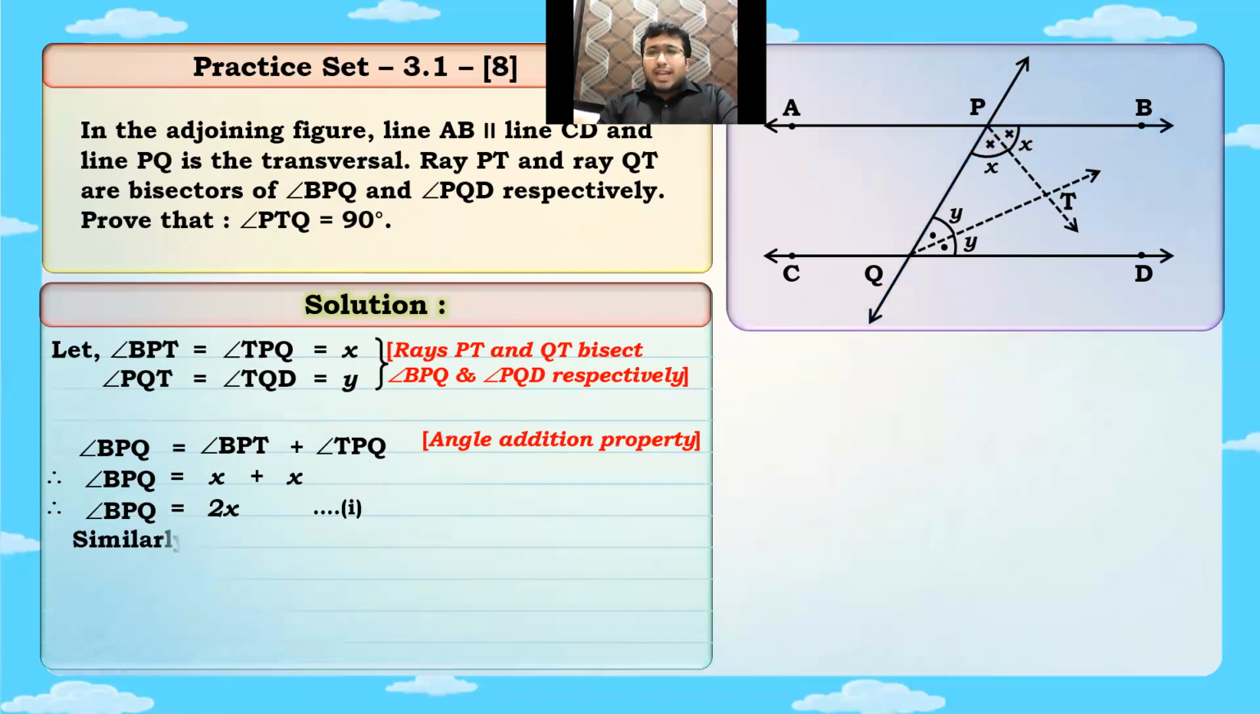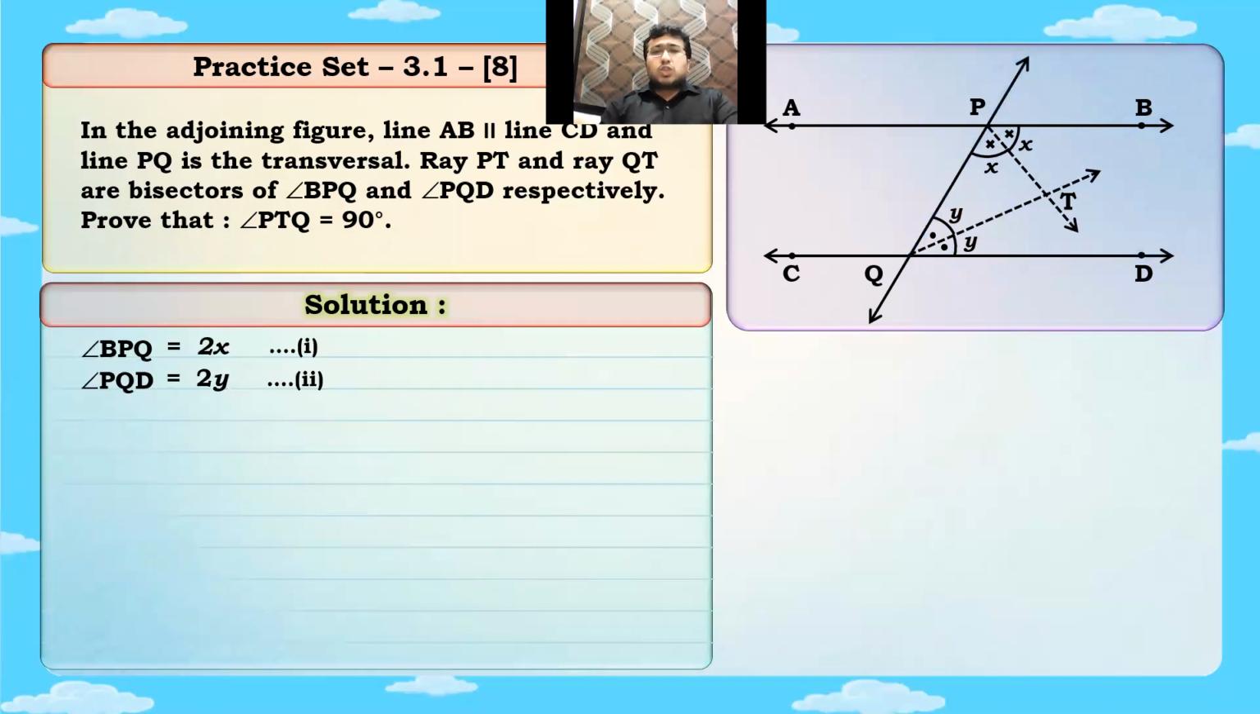Same way students, look at angle PQD and tell me, is angle PQD also made up of two small angles? Yes. Which are the two small angles? Y plus y. So students, tell me, y plus y will be 2y and I mark this as result number 2. Okay. Now students, we want some information about x and y because I have to prove x plus y